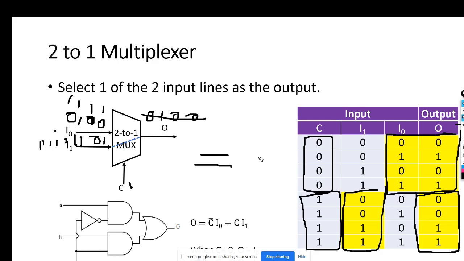At any time, you can fix your output to get this bit stream or this bit stream, depending on the value of C. If it is 0, I0 is your output. If it is 1, I1 is your output. Okay, right? So you don't have to memorize the circuit, but you must appreciate and understand the idea behind